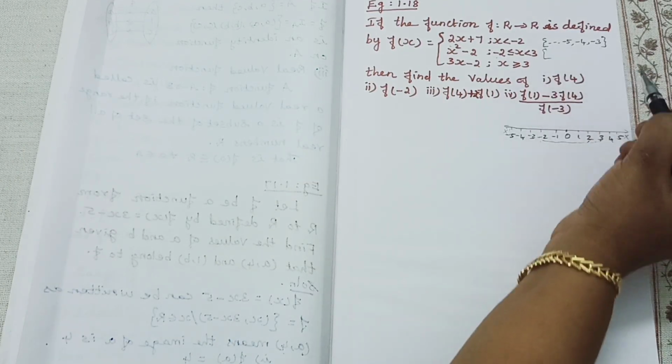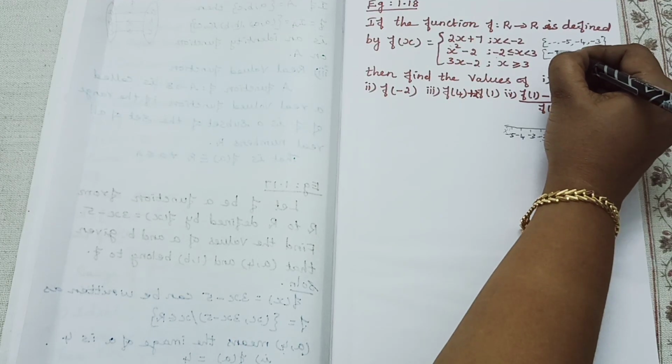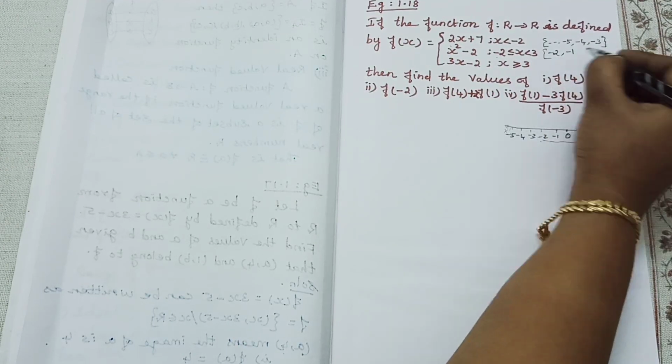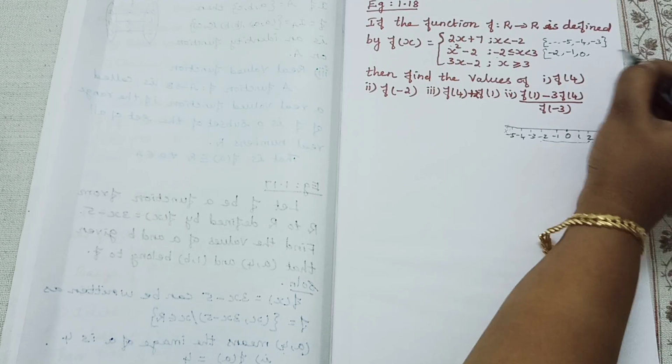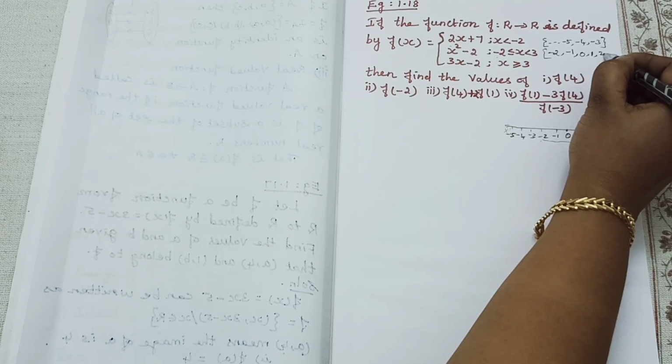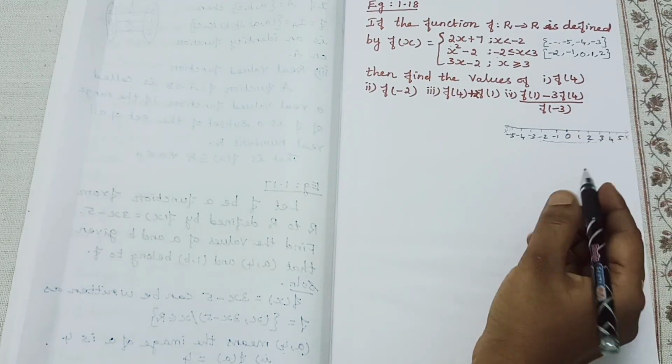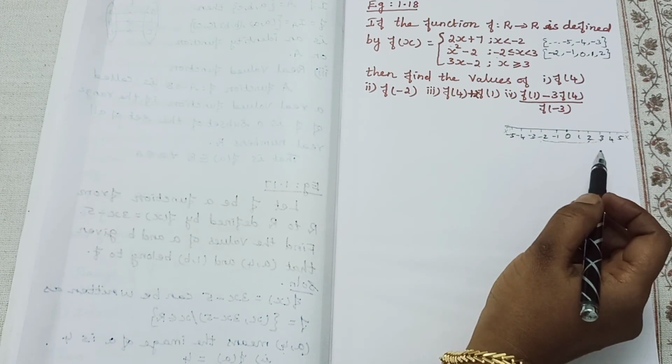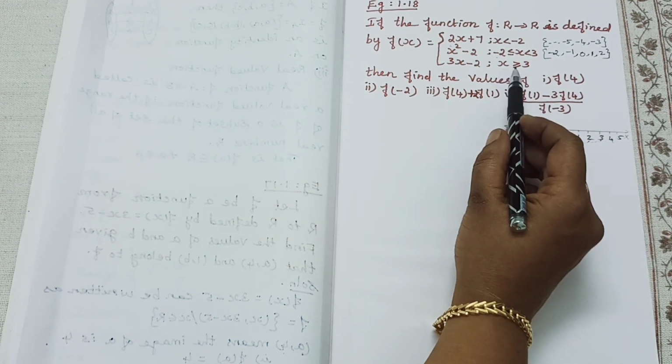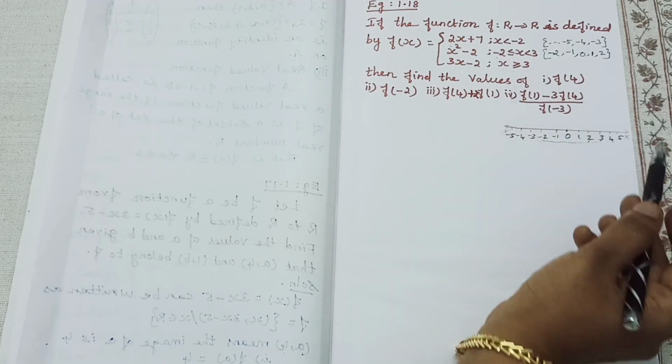Have you understood? Then what are the conditions given? According to that, first itself you have to write. Then only it is easy for you. First, if you mention it like this, then afterwards it is very simple. This is a very, very important 5 mark question. Be careful and study. Shall we start?